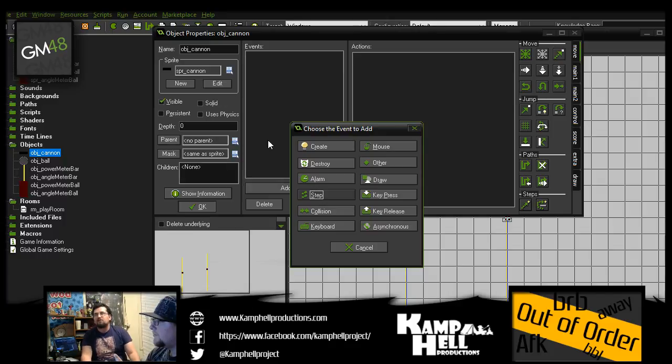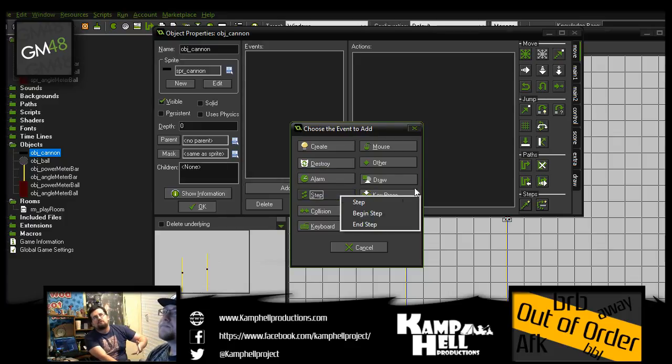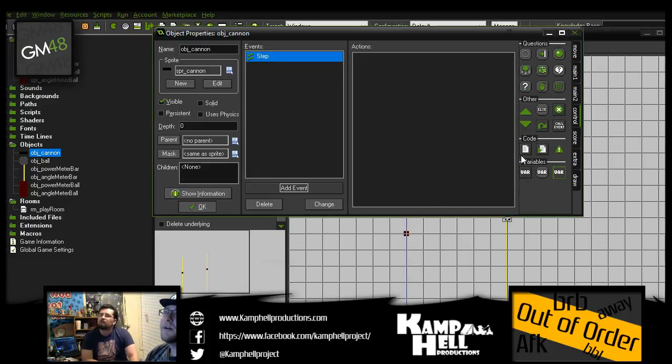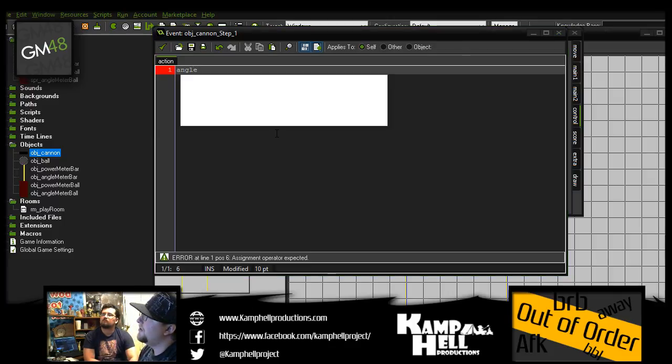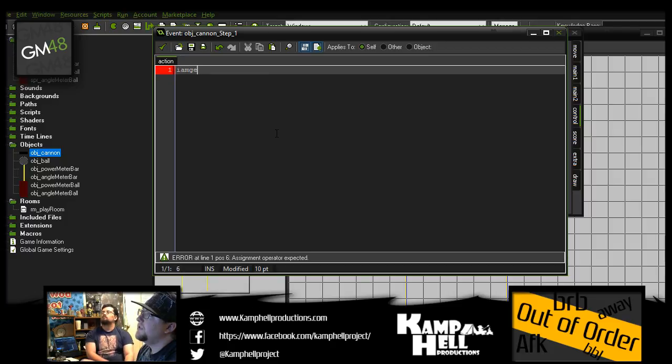With Game Maker, it makes it real easy. We don't have to do all the math, from what I remember. It would be image angle equals to the